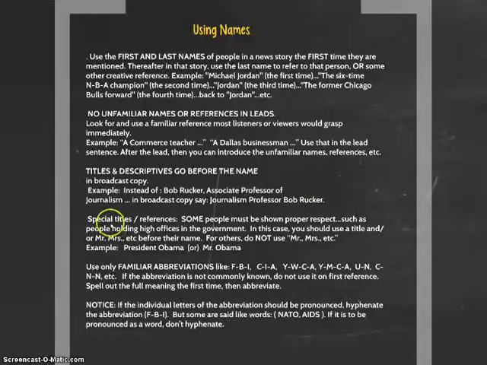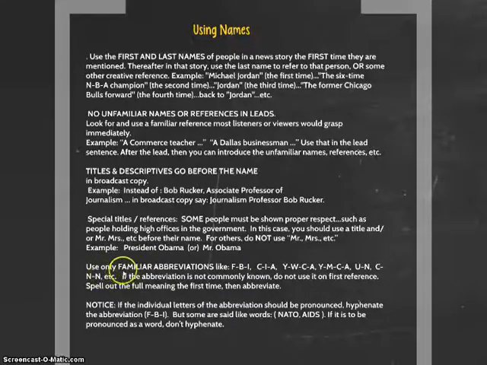Okay, some people must be shown some proper respect. Most of the time, you do not want to formally call people Mr., Mrs., or Miss, or whatever. But every once in a while, someone does hold a high office, and they deserve respect and acknowledgement of their position. And that would be people like the President, the First Lady, maybe the Prime Minister in England, people like that. And you should put their title in there. So you could call him President Obama or Mr. Obama. You wouldn't want to call him Barack because that's too casual. And Obama just makes it seem like you're not giving him the respect he needs.